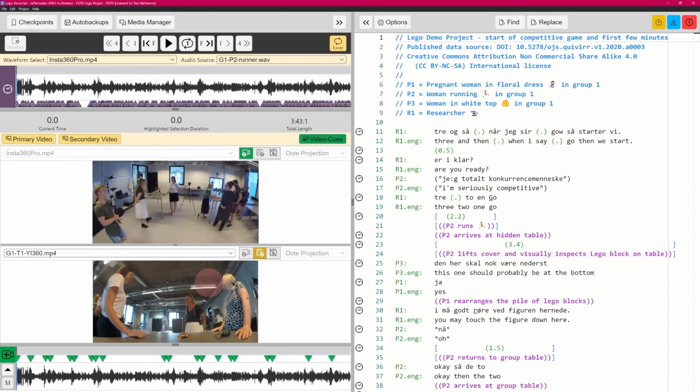And the delay, especially for checkpoints, auto backups and restoration, and if you've got very, very long transcripts, to parse the transcript, because the transcript is being parsed all the time. Every time you make a single change, it's being reparsed. That will slow down as it has to access files across the internet. So it's best, this is a desktop solution, it's not cloud-based software, so we really recommend that you have it on a drive on your computer, or an external drive, and preferably an SSD drive as fast as possible,